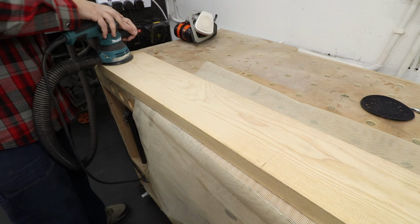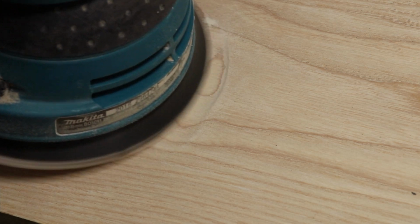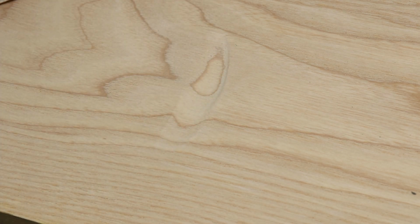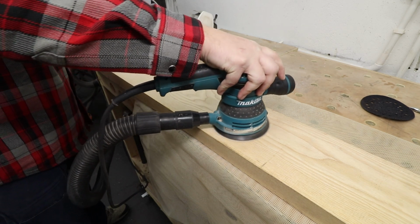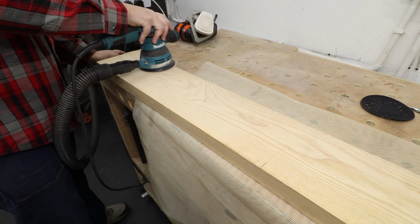On some occasions there are spots where we want to add a little bit more pressure or tilt the sander to remove something, but then again we're creating a dip with the sander which may not be visible to start with, but when you apply the finish it will for sure be very visible. So make sure to hold your sander in a nice steady way and flat, which is very, very important